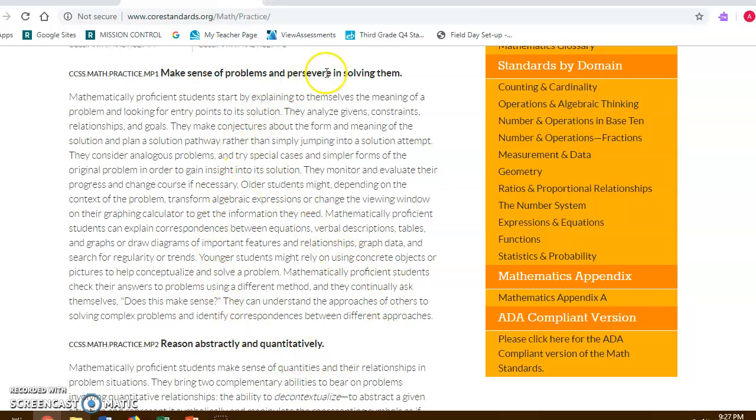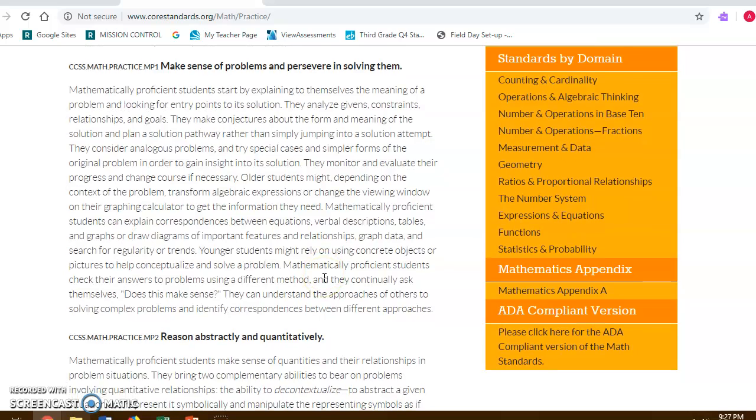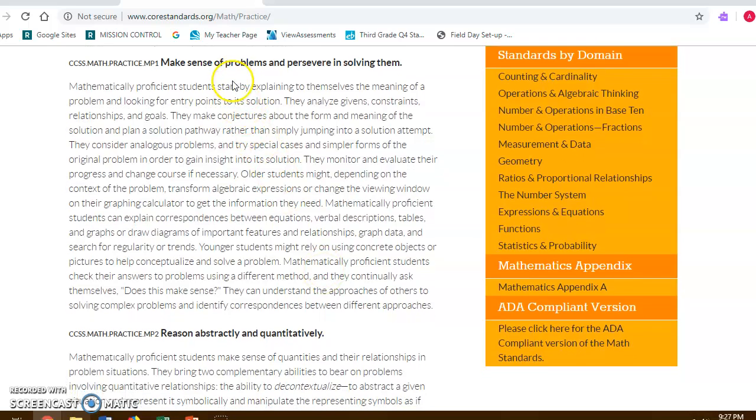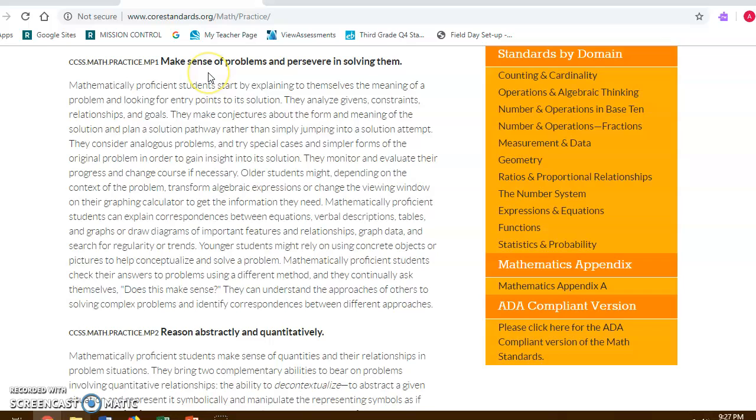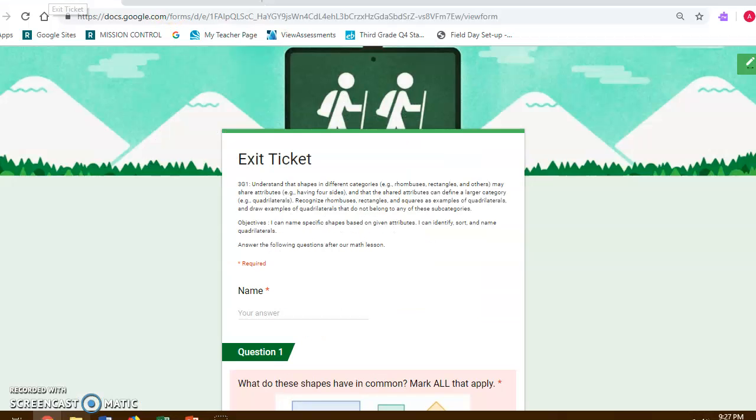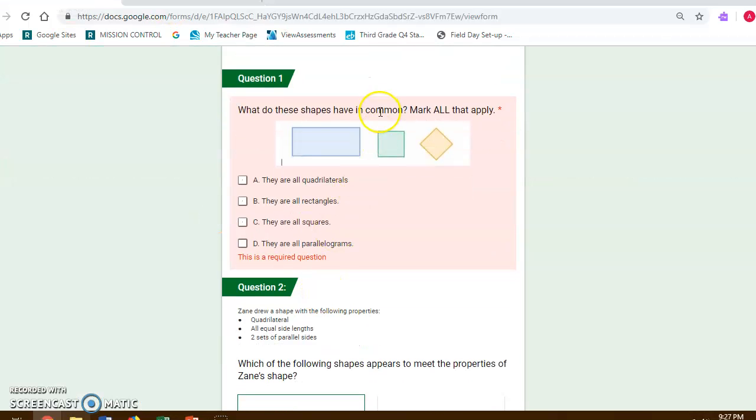This exit ticket was able to address the first mathematical practice where students need to make sense of the problem and persevere in solving them. So if we look here, this question addresses that, where students need to be able to think, okay, I'm going to go step by step and see, are all these shapes quadrilaterals? If they are, I'm going to mark